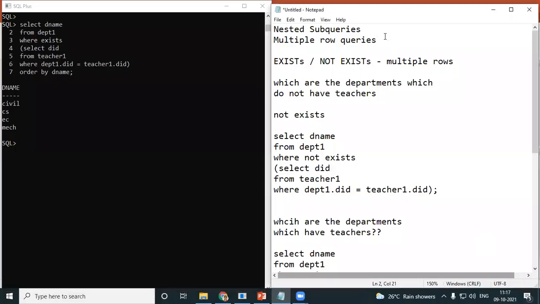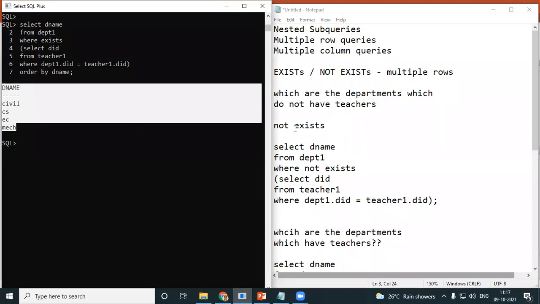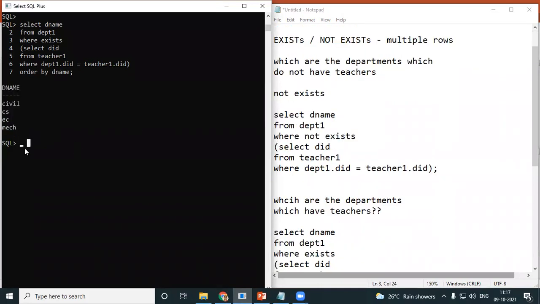Together we can learn multiple column queries. Multiple column queries are very simple. Now look here, you are getting only a single column over here, isn't it? Now imagine you want more than one column. So all what I have to give is, look here, I'm just selecting one column, the D name. Can give a comma, DID, comma, what else did I have?